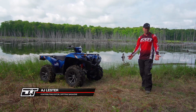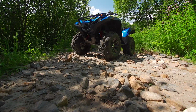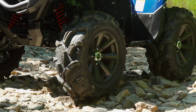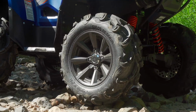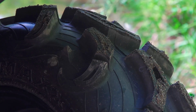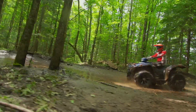And the reason that we're taken aback? Well, it's not just one, it's a whole bunch. Right up front, the 700 SE makes a big statement. I mean, these 14-inch rims are absolutely not your typical Yamaha aluminum rim. These are in a whole new category and look like you just dropped a pile of cash to outdo your buddies. And then you've got the 27-inch Zilla MU01 tires that are a huge departure from your typical, tame-looking all-terrain